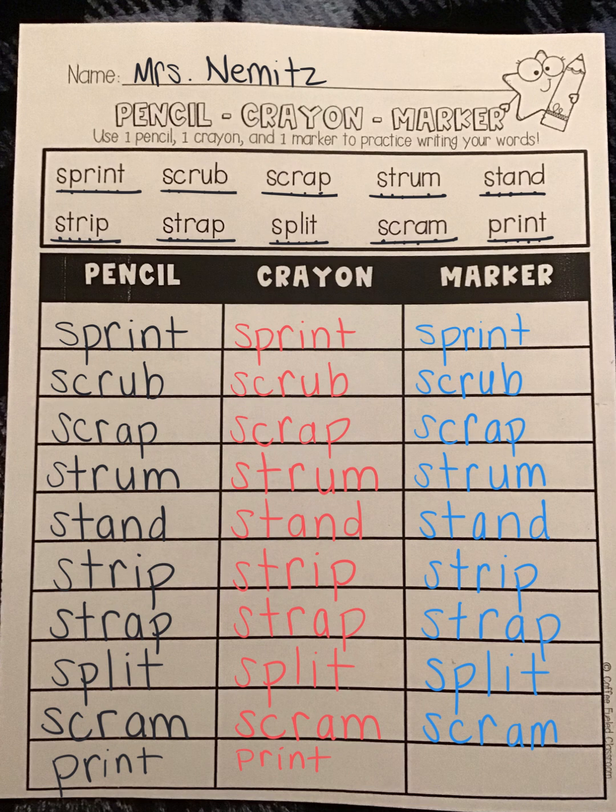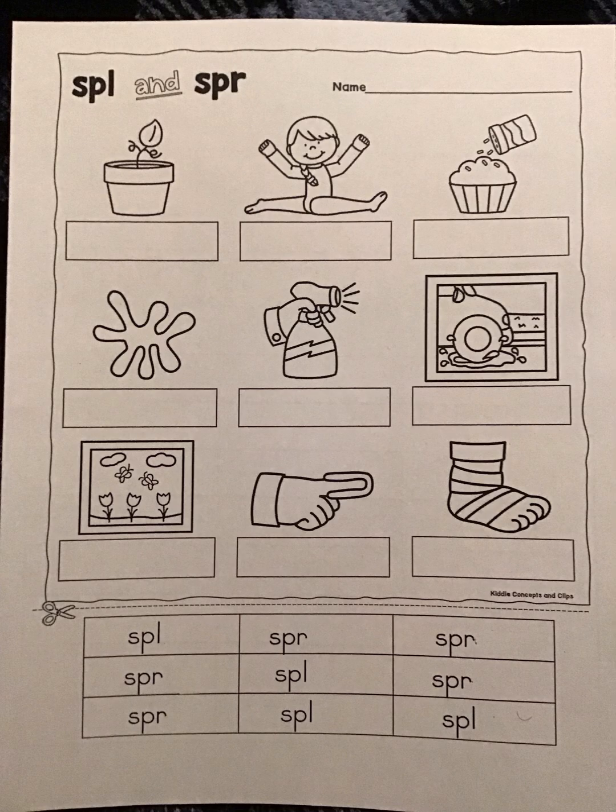Print. And marker. Print. Way to go, boys and girls. You did great. All right, my friends, on this side of the paper, we are working with initial three-letter blends,